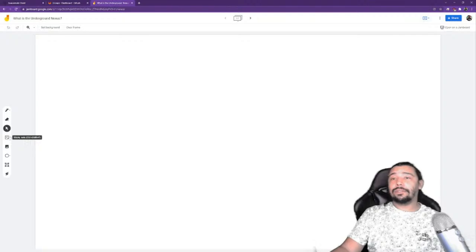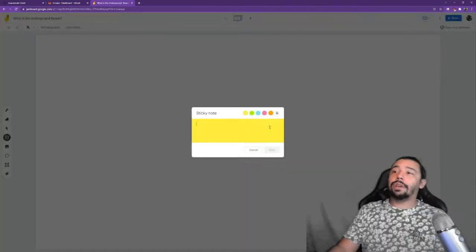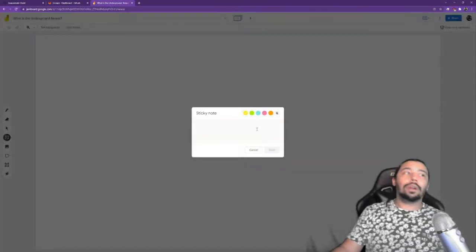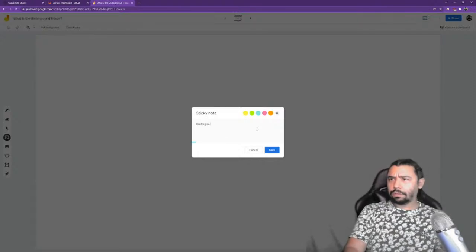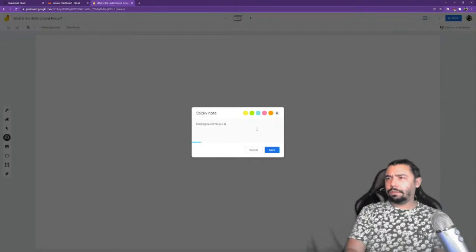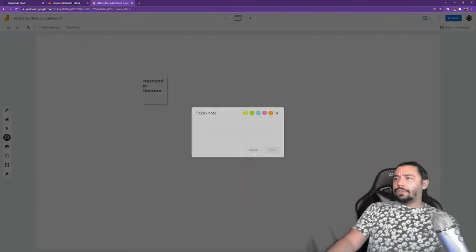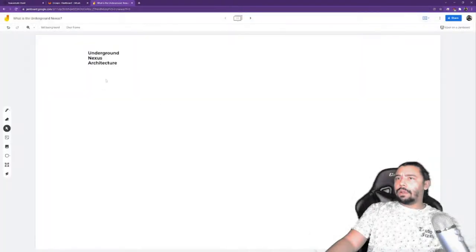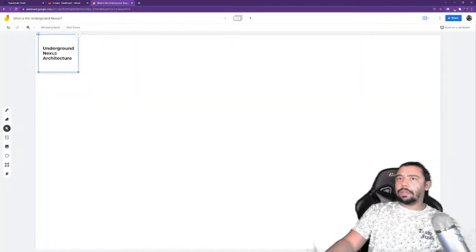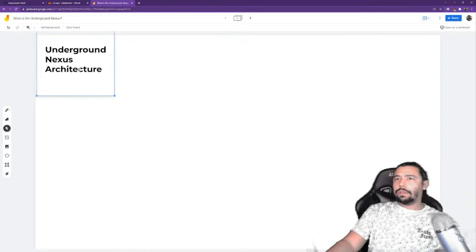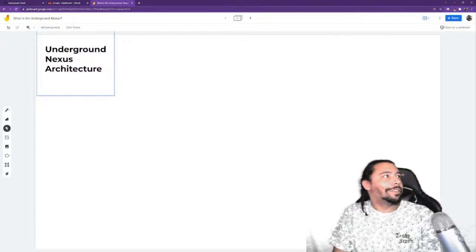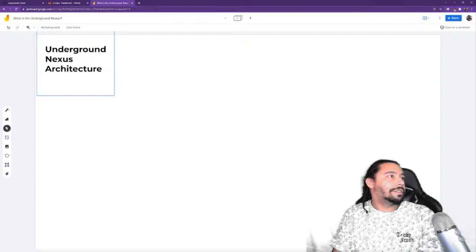So now that's like the visual from the top end. So I'm going to draw out an architecture map, I guess, of the Underground Nexus. So the way that the Underground Nexus is designed, actually it's kind of complicated, so I have a reference point because I'm not going to remember this. This is crazy.